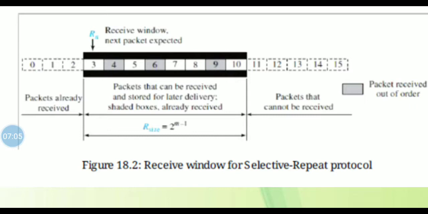So in Go-Back-N, an acknowledgement number is cumulative. It defines the sequence number of the next packet expected, confirming that all previous packets have been received safe and sound. The semantics of acknowledgement is different in selective repeat. In selective repeat, an acknowledgement number defines the sequence number of a single packet that is received safe and sound. No feedback for any other. Okay, is it clear? Acknowledgement.